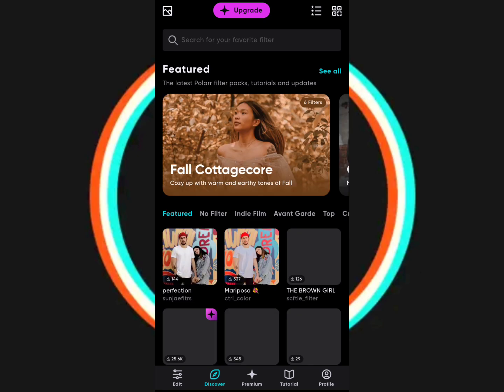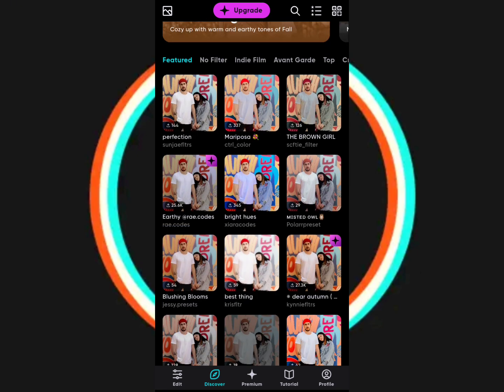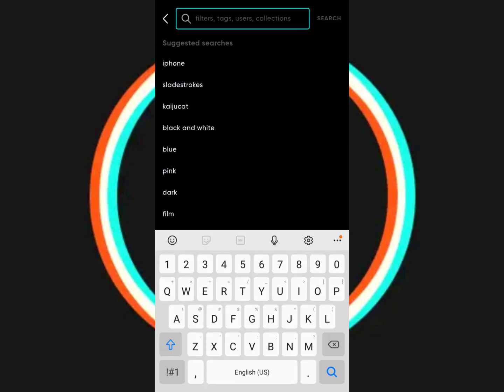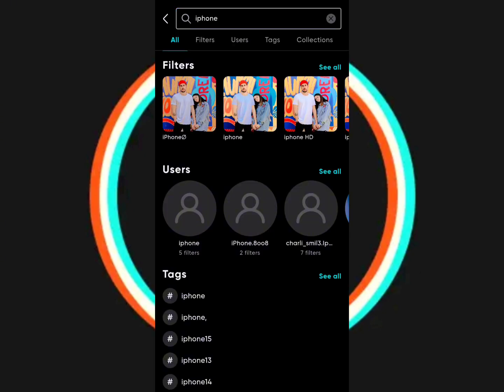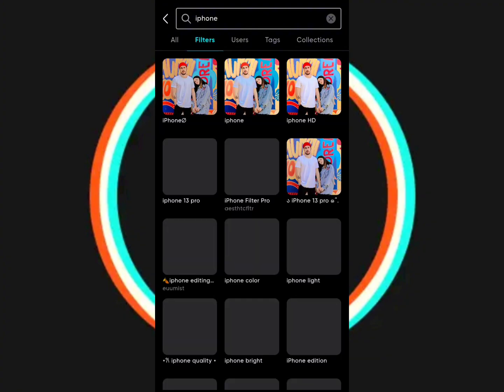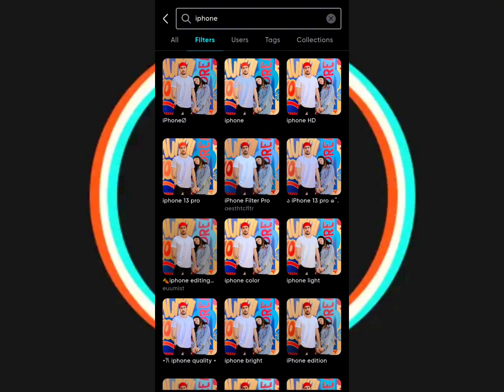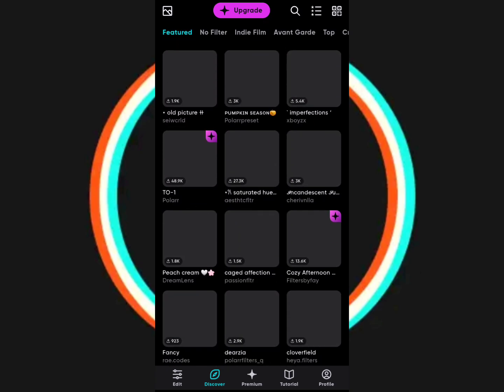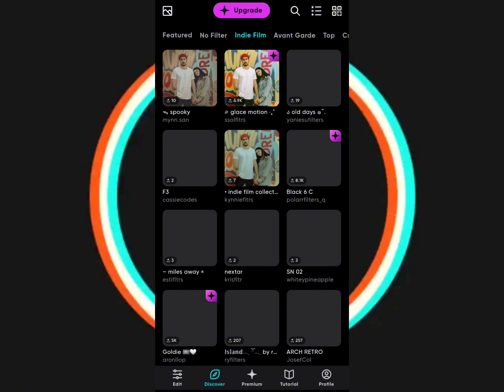But I can use the filter feature, the discover option, where you can also find other filters. Here you can find a lot of filters, guys. You can go at the top and search for your filters, let's say an iPhone filter, which you can pretty much search here. And there's just so many filters for you to choose from. It's crazy, as you can see here. And as you scroll down, we have sections as well, Indian film filters, a lot of features, guys,